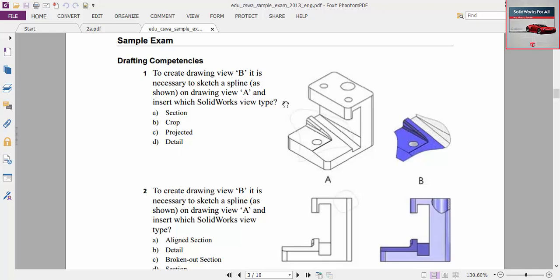So firstly, I will try to solve this sample of the exam. Okay, so here is the first question. To create drawing view B, it is necessary to sketch a spline as shown. You must make a spline sketch on drawing view A, and insert which SolidWorks view